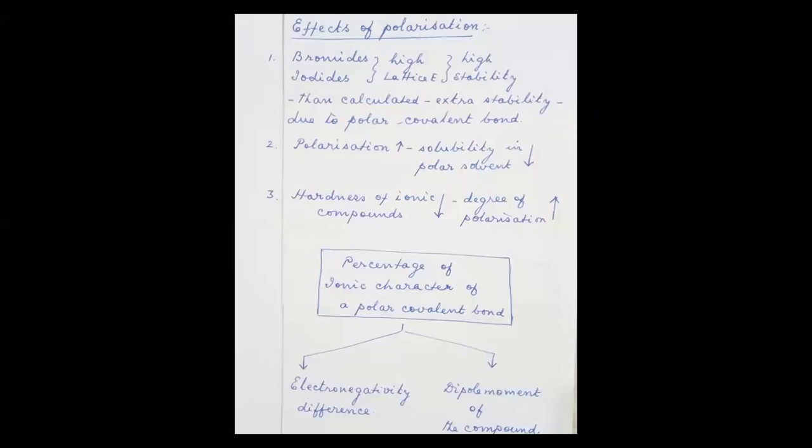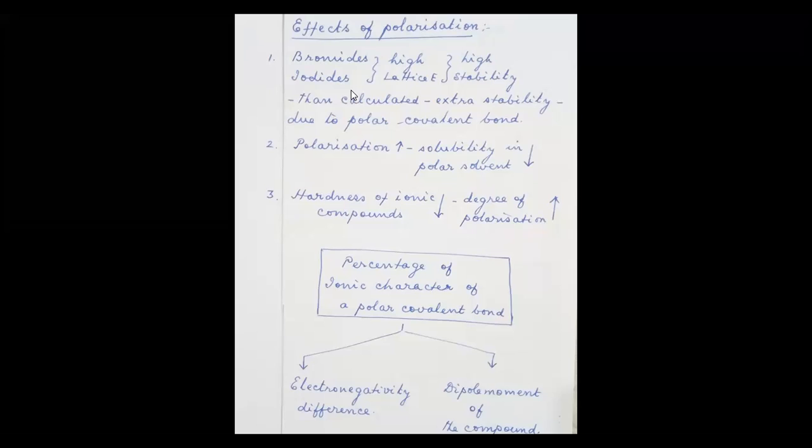Effects of the polarization. Look here, bromides and iodides. You can think of the fluorides, you can think of the chlorides. Fluoride has a high charge density. Suppose you take sodium fluoride: sodium is small, fluorine is also small. So sodium has a high charge density, fluorine also has a high charge density. So naturally we will expect that